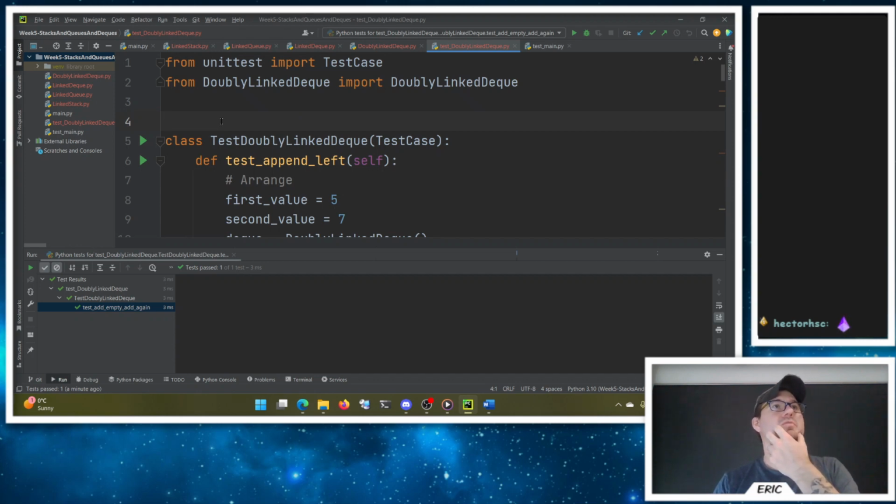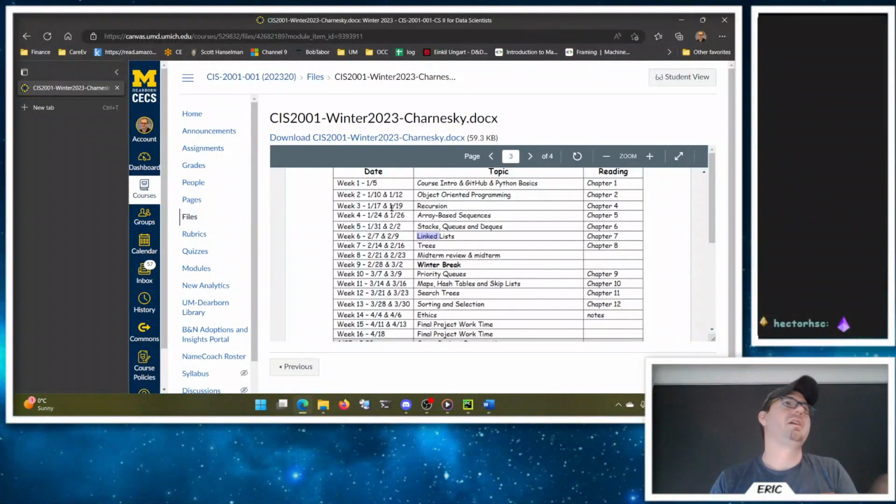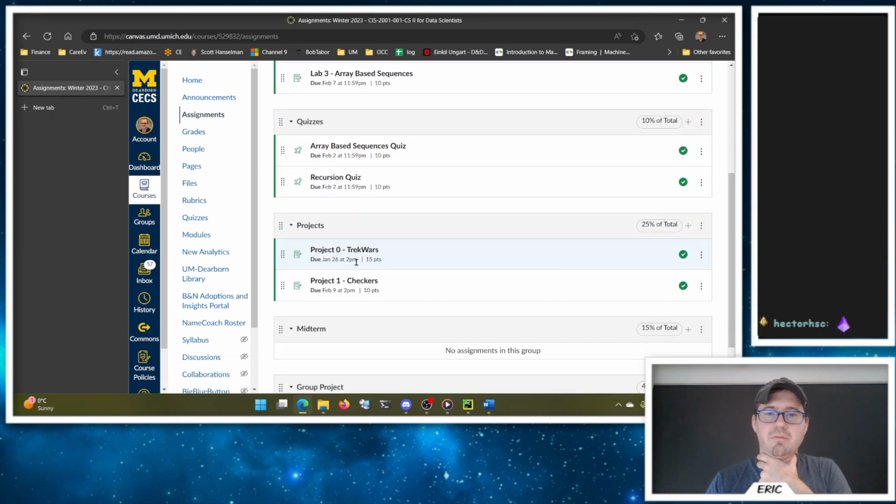For the recursion project, you could do them as a unit test, or just in a main if you want to do that. That's okay too. I like unit tests. I'm a fan of that. I don't think there were any points for it there, right? Let's double check, because the rubric had